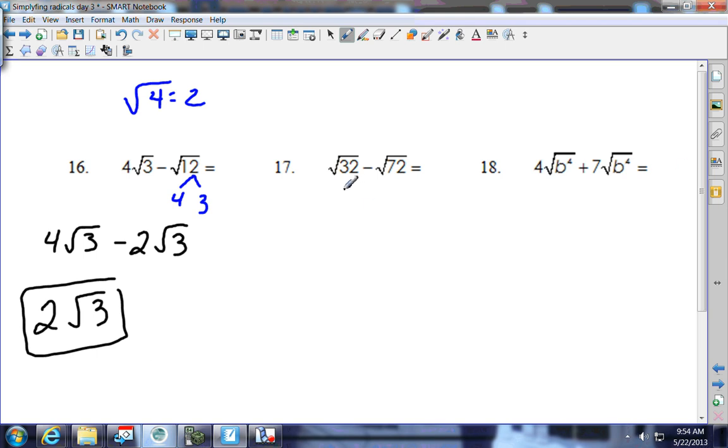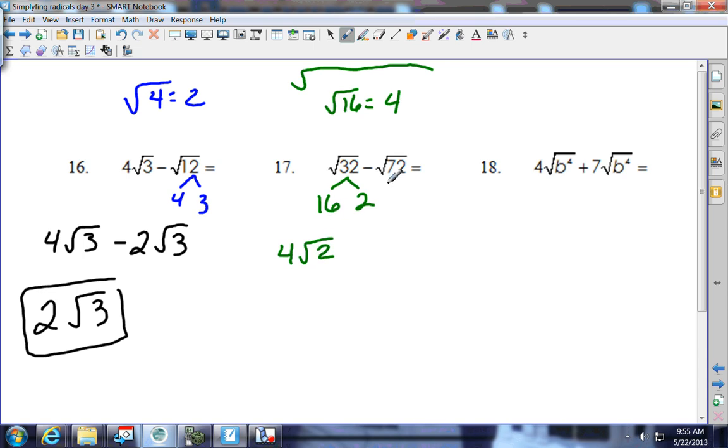17. 32, you can do it all into the individualized prime numbers. I know, though, I'm looking for some perfect squares. I'm going to start thinking about that, and I know that I've got 16 times 2. What is the square root of 16? 4. That's why I'm trying to figure those out. So I've got 4 square root of 2. That's the first one. Now